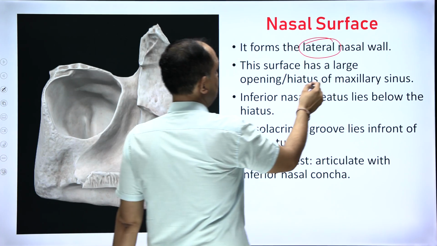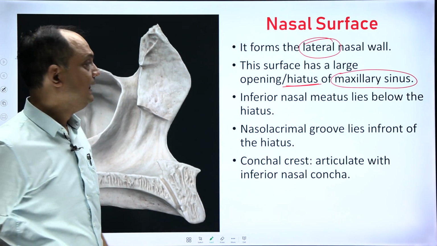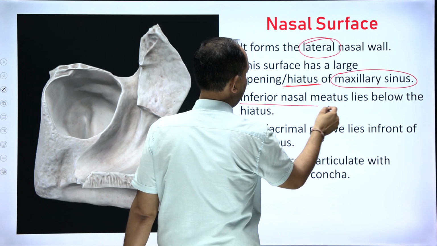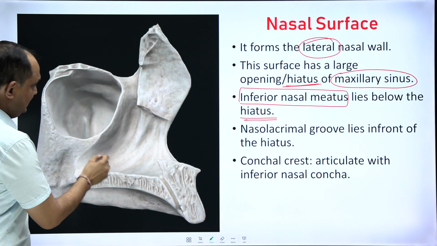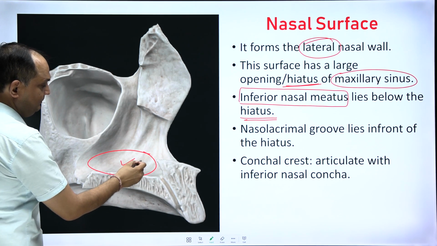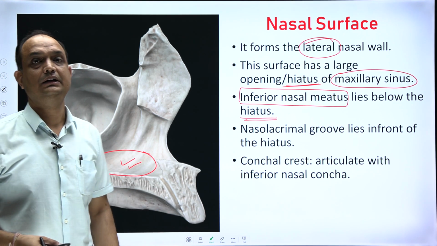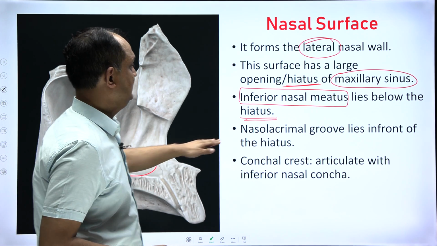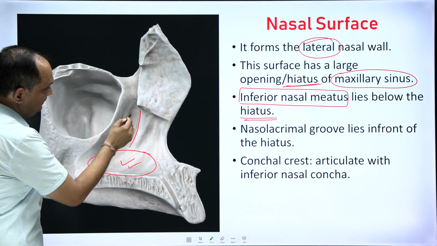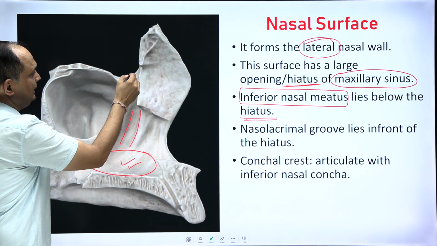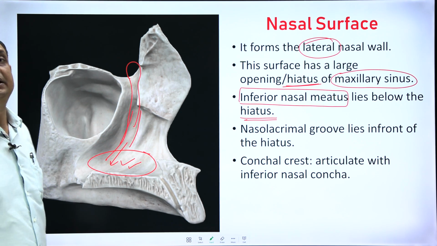Now this surface is identified by a large opening of the maxillary sinus which is known as the hiatus. There is an inferior nasal meatus which lies below the hiatus. So this area is known as the inferior nasal meatus. Meatus means the space. The nasolacrimal groove lies in front of the hiatus. So this is the nasolacrimal groove. Now this nasolacrimal groove carries the nasolacrimal duct, and this duct will open into the inferior meatus, into the lateral